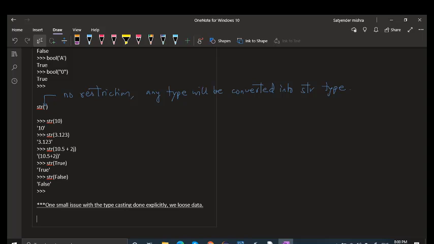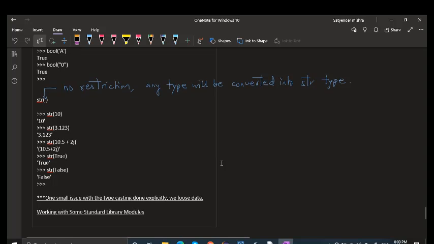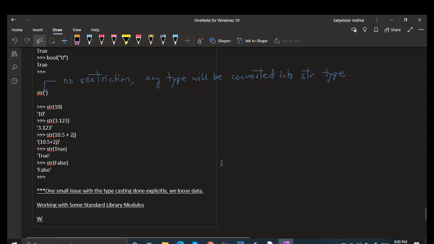Okay. So the next thing is working with some standard library modules. Here we are going to use some modules. So what is a module first?